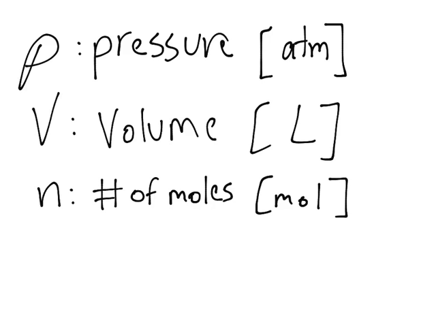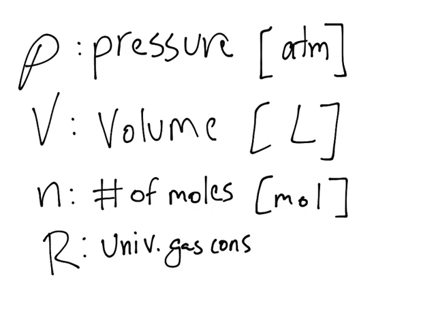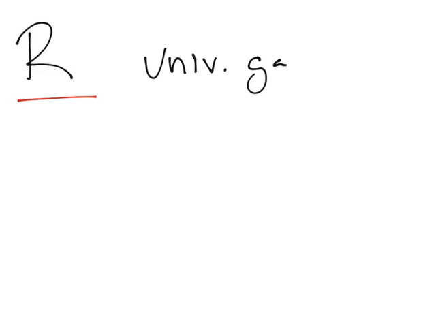And now we have the R. We've never talked about the R before. And the R is what we call the universal gas constant. I actually need to talk a little bit more about this, so let's just write it here. R stands for universal gas constant. So this is telling us that it'll be a constant, it'll be a given number every time. So its value is